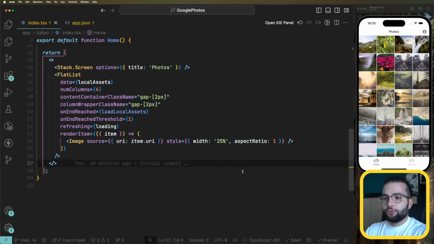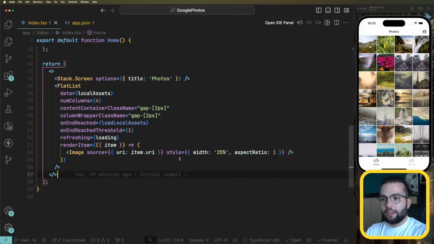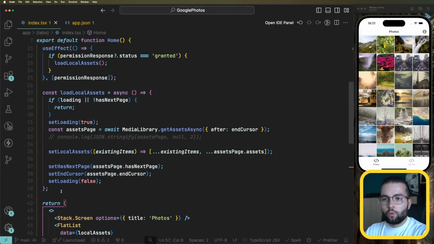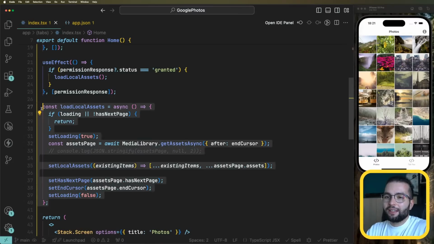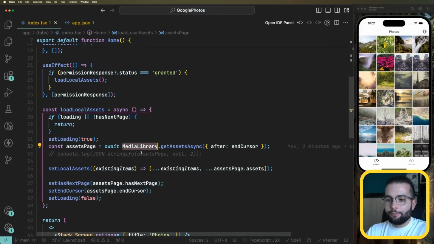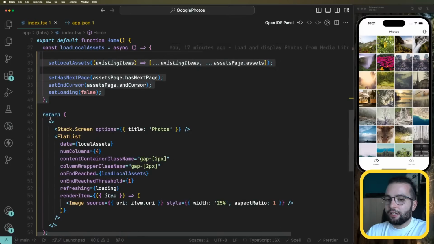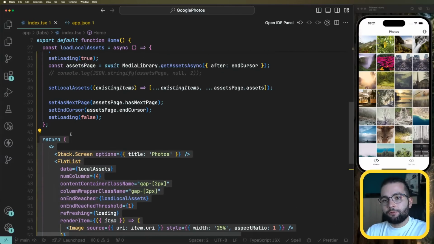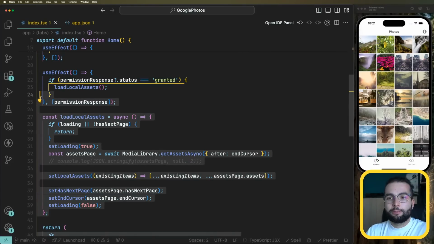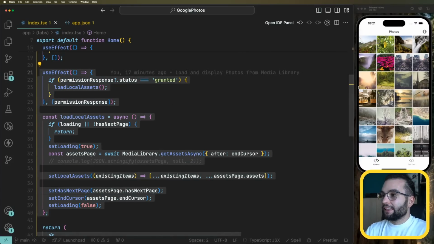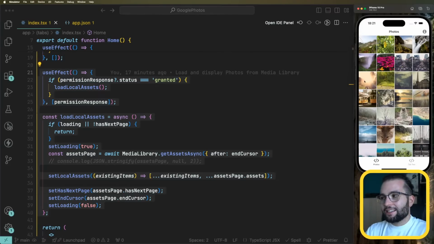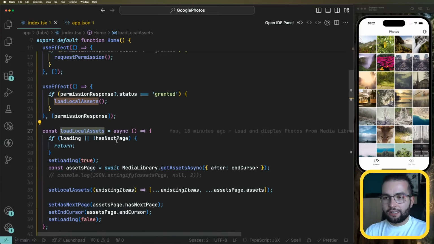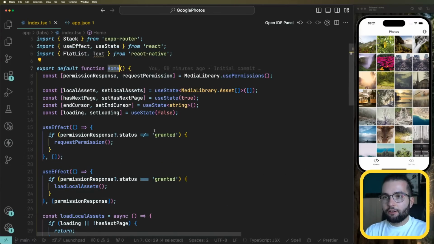The next thing that I want to do now is going to be around splitting where we are handling all of this interaction with media library, basically splitting the data from the UI part, from the rendering part. That's because this data, we're gonna need it in multiple places in our application. A bit later, I want to add the details page of the asset. So I want to have a central place where we manage local assets